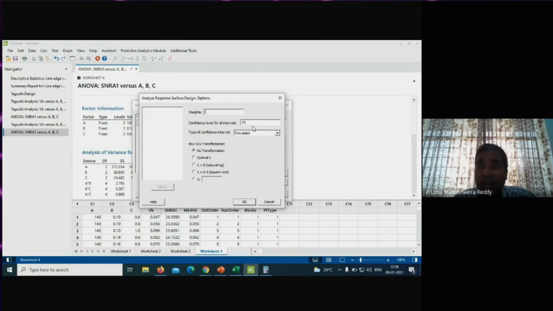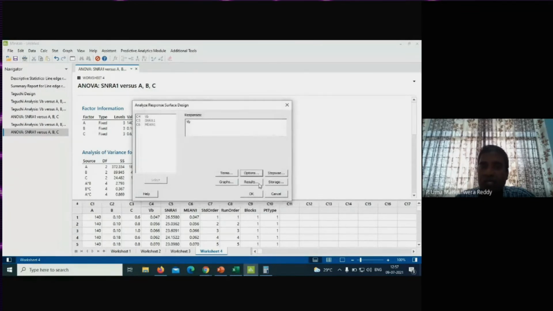If you select a high confidence interval, you are going to have precise results. Reliability is very, very high. So generally, by default, we select 95%. Now this is two-sided, and there are also the different sides, lower bound and upper bound. It depends on the analysis. Let me select two-sided by default, and later we can select different values and observe the changes in the response surface methodology equation.